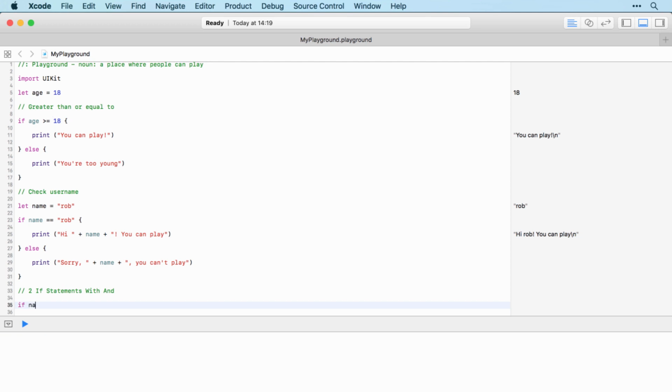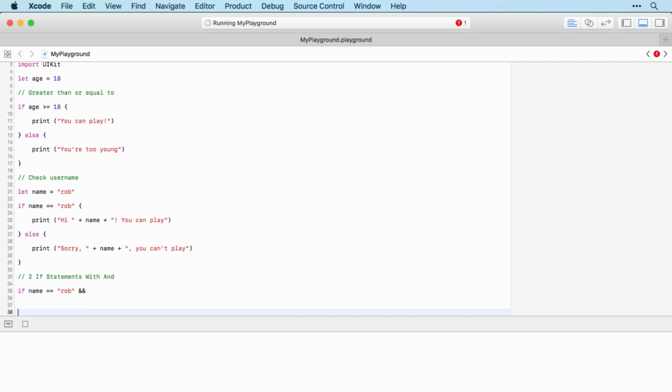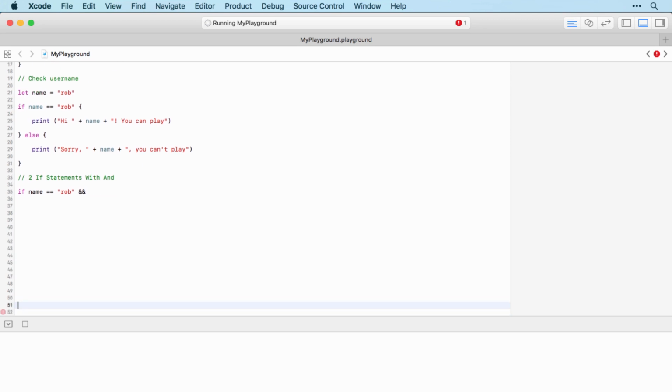Then we would check for if name is equal to Rob and we use a double ampersand or a double and symbol, Shift 7 on my keyboard, to represent an and. So if name is equal to Rob and age is greater than or equal to 18,